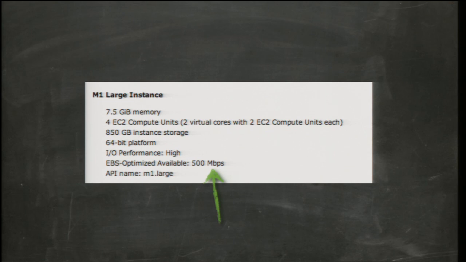This does not interfere with any other traffic you're doing. Your instance-to-instance traffic and your instance-to-network traffic go through the original network that you have. If you launch the instance with this flag that says EBS-optimized, you get this dedicated pipe to EBS with a quality of service throughput of about 500 megabits per second. The goal is to provide more reliable traffic between EC2 and EBS, and it works really well with EBS provisioned